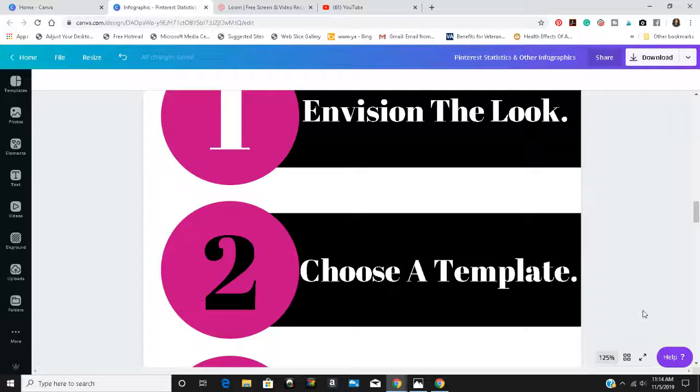Okay, step 2, choose a template. You can either create an infographic from a blank template or an already existing template. Now, creating an infographic from a blank template, which I do sometimes, it's like creating it from scratch. You have to add the shapes, the graphics, the fonts, whatever you're going to use to create your infographic, the design elements,